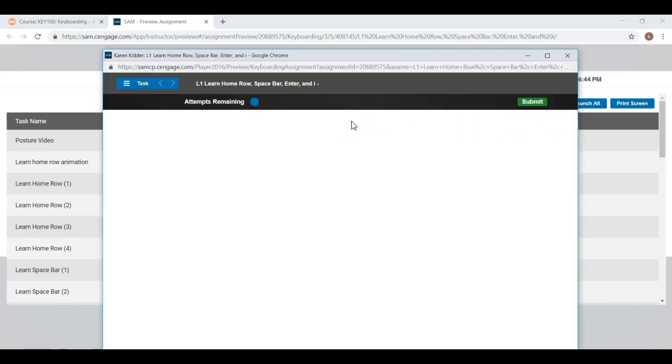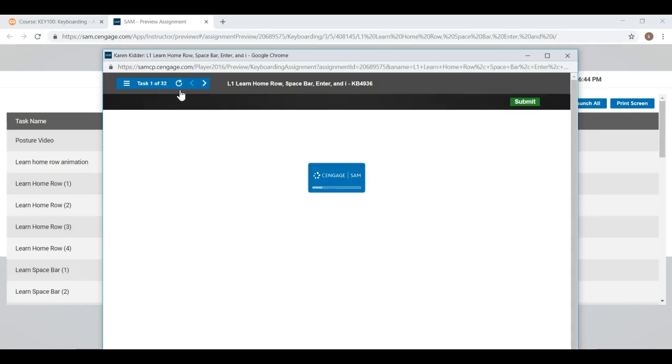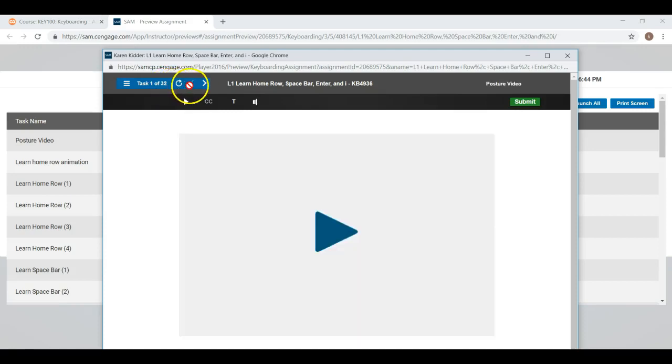Taking a minute to load here. So as you can see, with this first assignment, we have 32 tasks. And the first one that's loading is a video. There's actually 2 short videos. The first video is on posture, and then the second video is going to be on home row animation. So I'm going to jump here